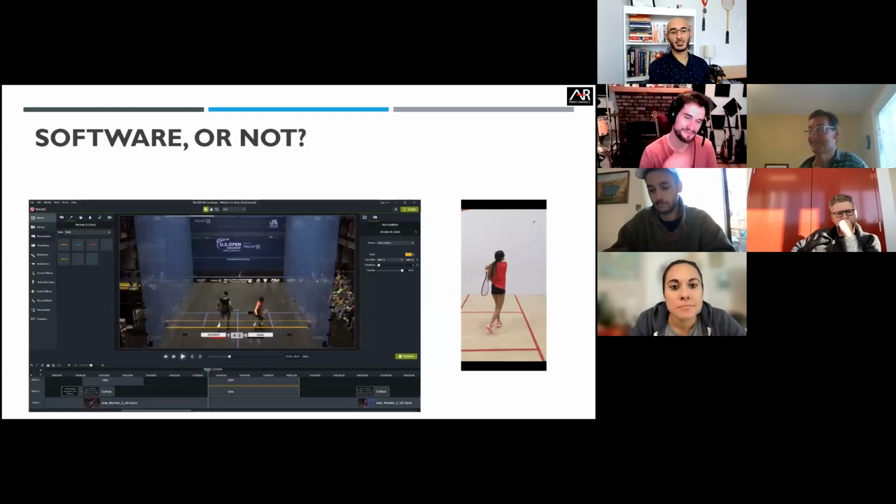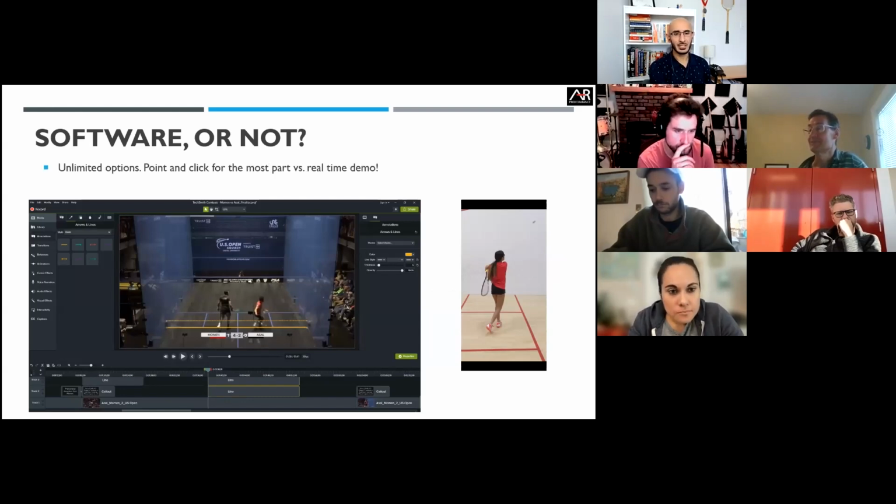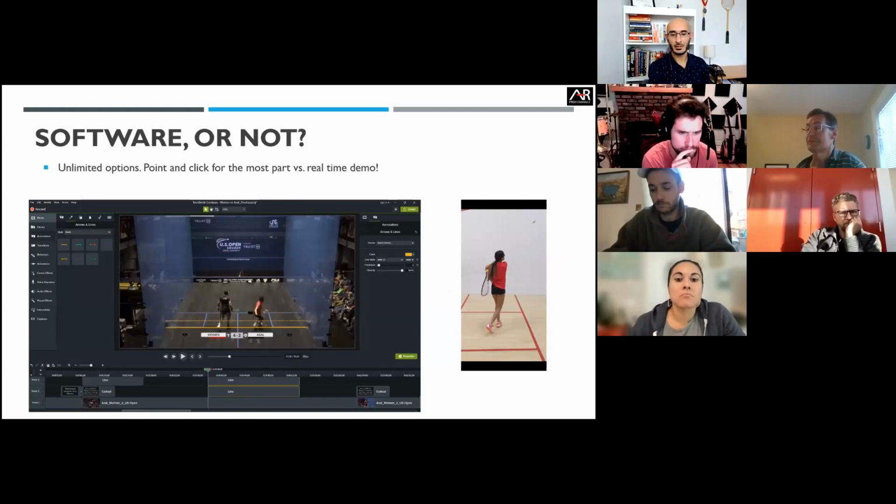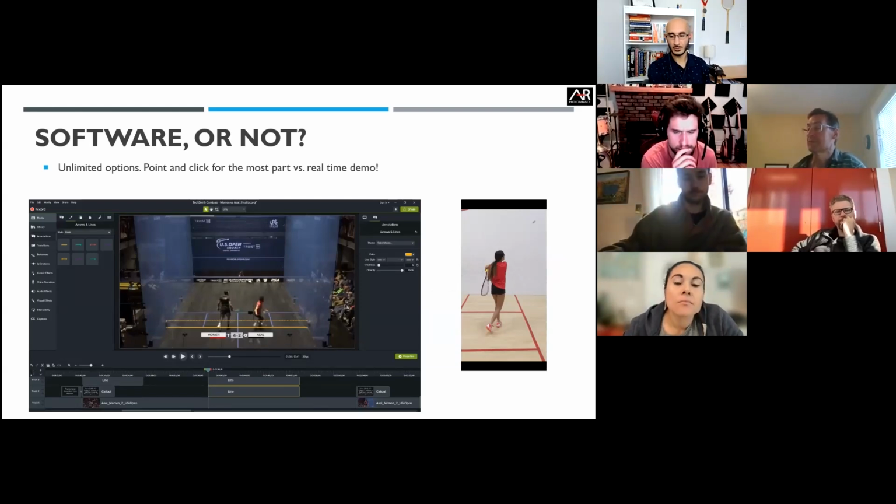And then here's the last little thing: depending on what you're trying to do, do you need software or do you not need software? They have tons of software options. This is just one that I used only because my dad knew about it, and he said it's really easy, and he already had a license. So I just used it. They're super simple. Point and click, you can draw lines, slow things down, add comments, put shapes, put subtitles, you can do all sorts of stuff through these softwares, and they're really easy to use.